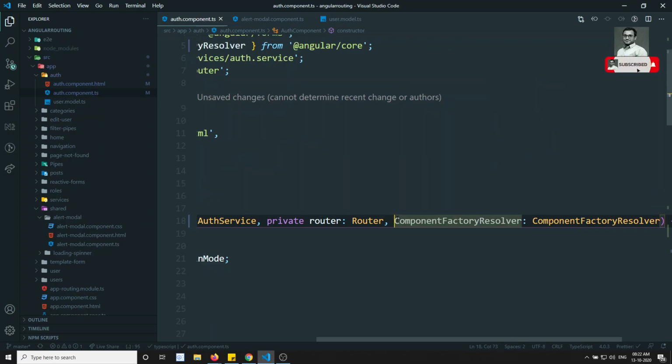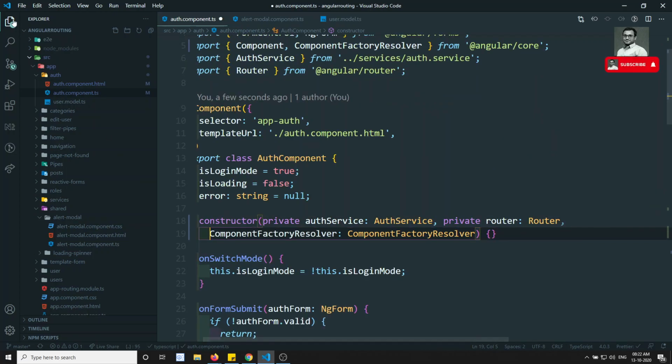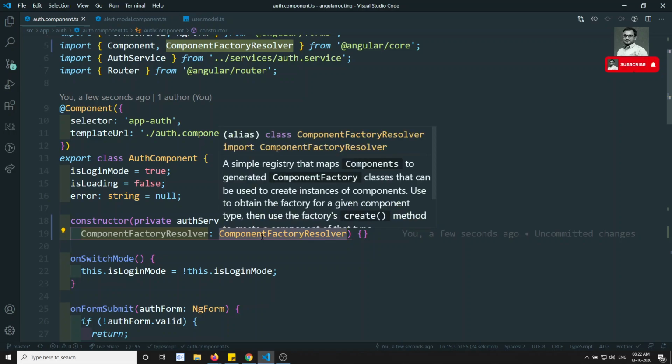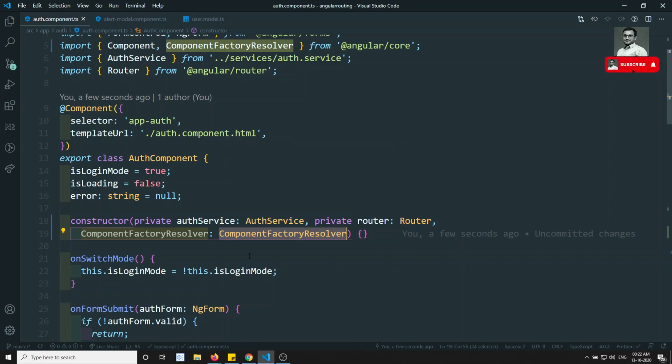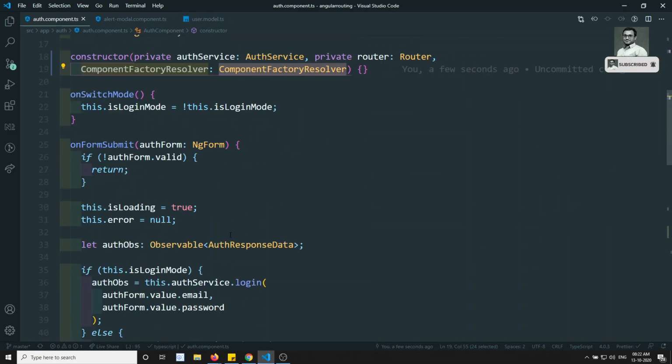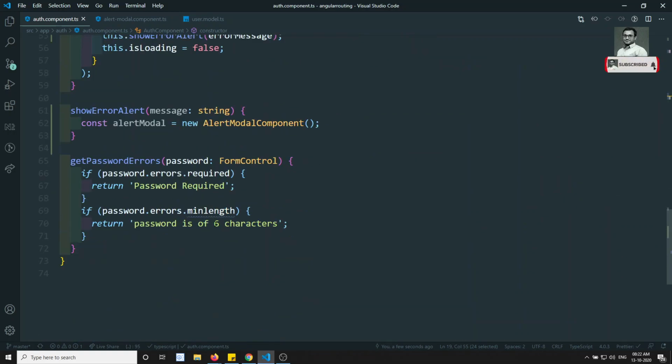What does ComponentFactoryResolver do? It is the factory of the component, the thing responsible for creating the component. Using this ComponentFactoryResolver, we will create an object for that component.